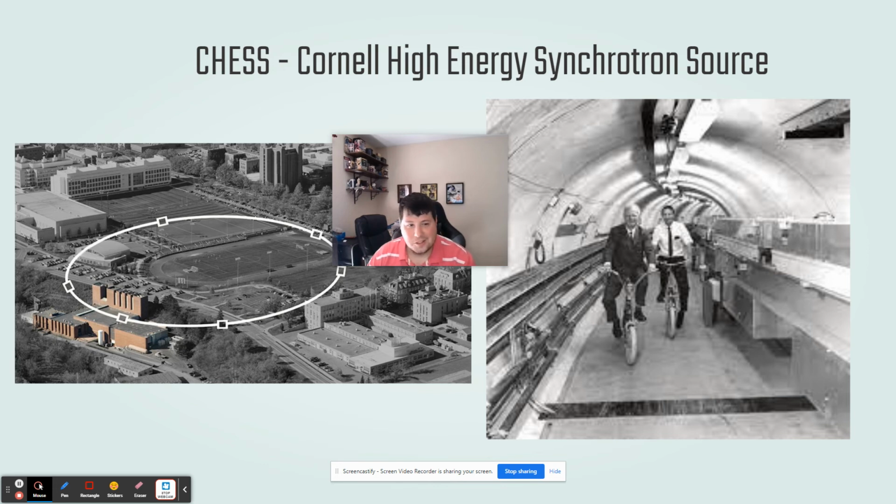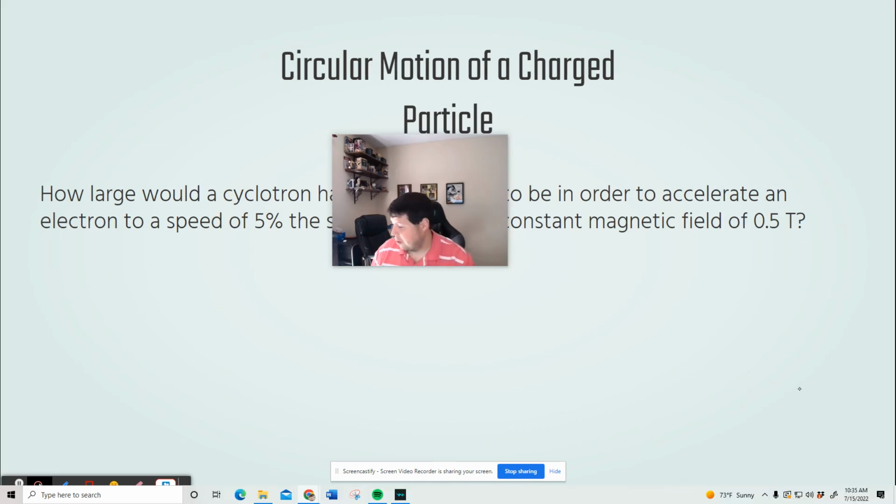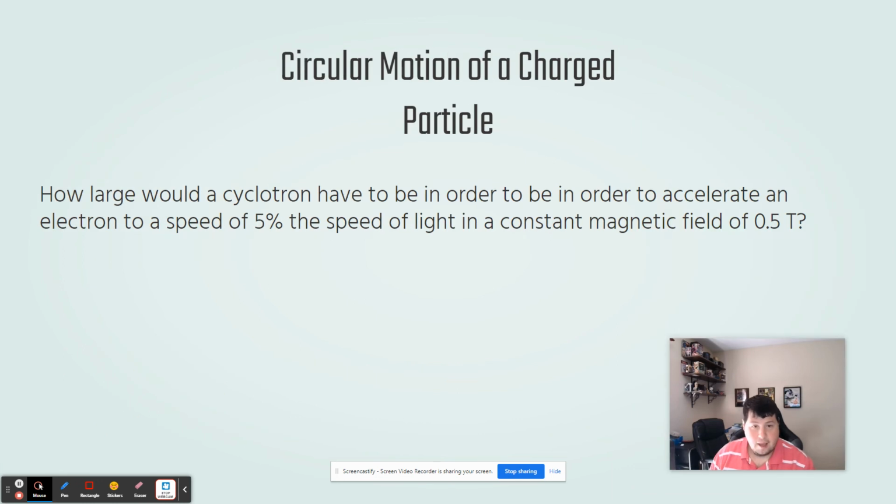So those are what synchrotrons are. They're very useful, and they use kind of this principle here. So I have a fun little problem for us: how large would a synchrotron have to be in order to accelerate an electron to a speed of 5% the speed of light in a constant magnetic field of 0.5 teslas? I put some useful constants on your reference table,